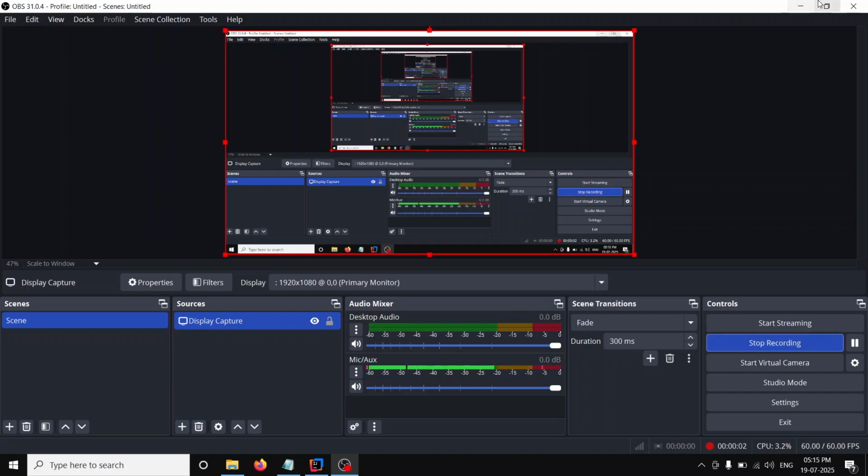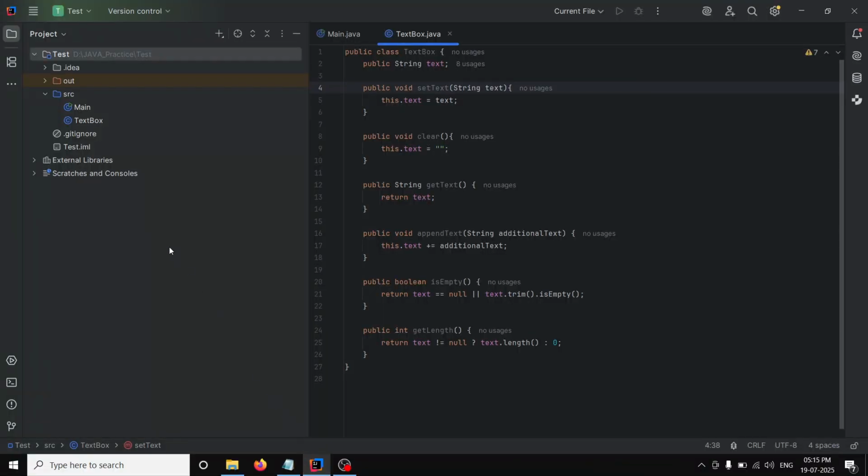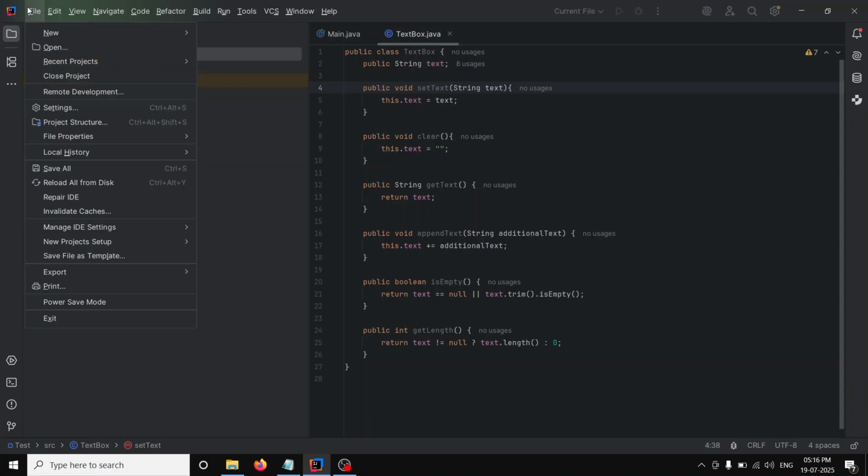Hello guys, today we are going to see about the IntelliJ IDEA framework and what all the customizations we are going to do. Okay, let's quickly dive into IntelliJ IDEA and one by one we will see. First,